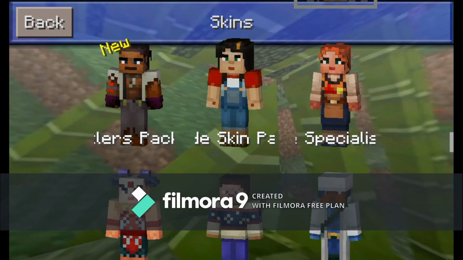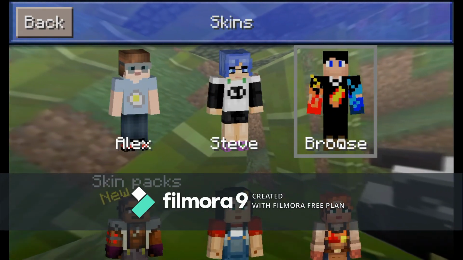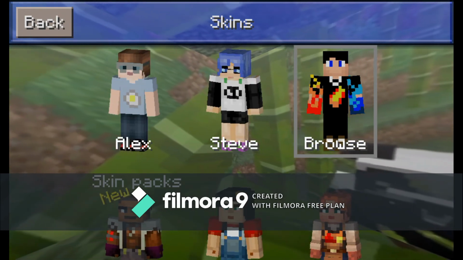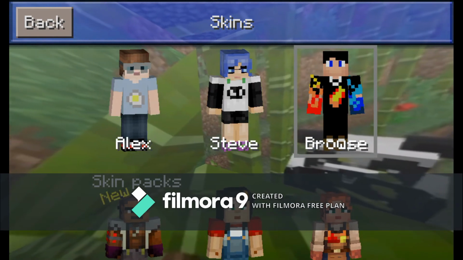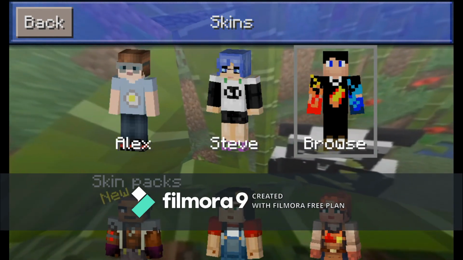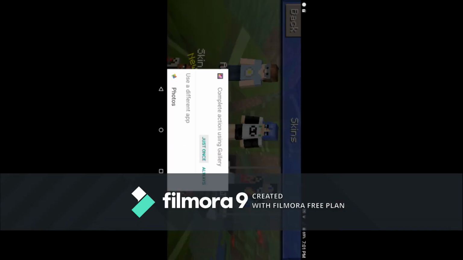Why is this screen black? Oh, now it is restored. So it will most likely appear in your gallery as a skin format for Craftsman, and also you can use those for Minecraft. So what you should do is click this custom skins and open gallery.